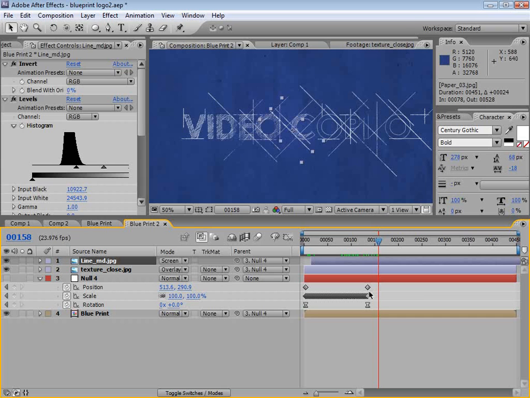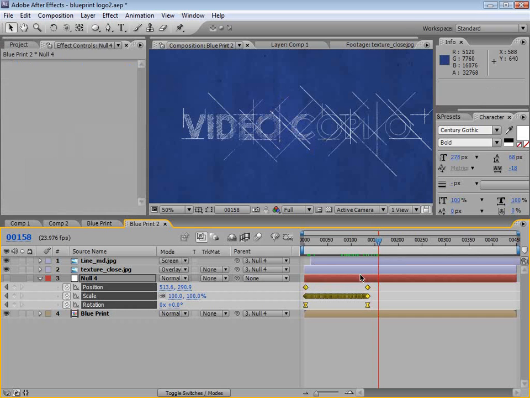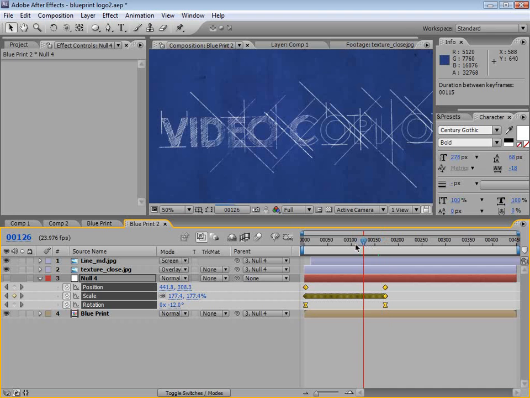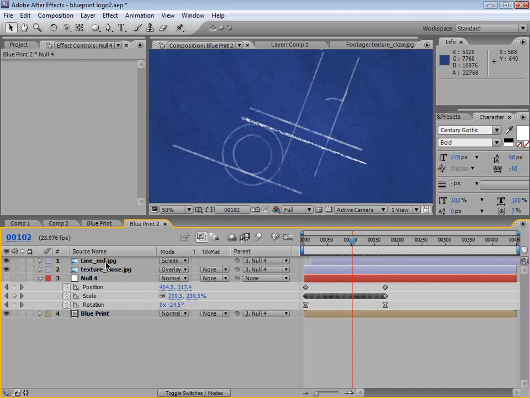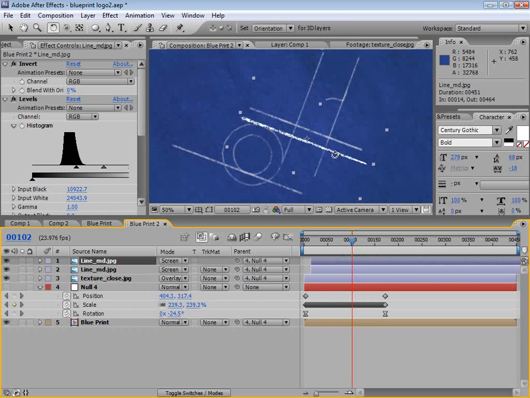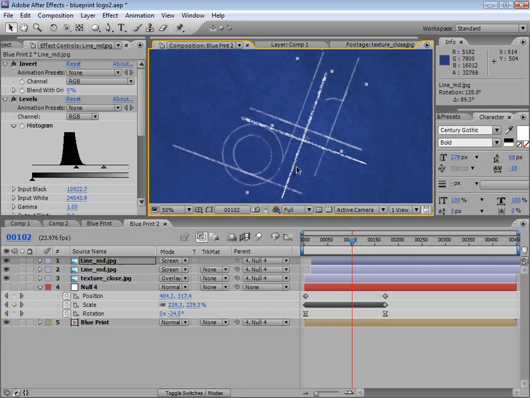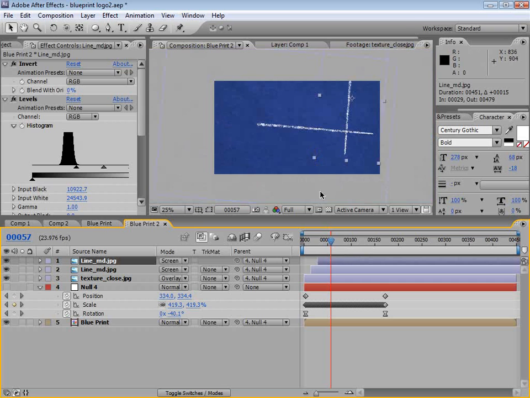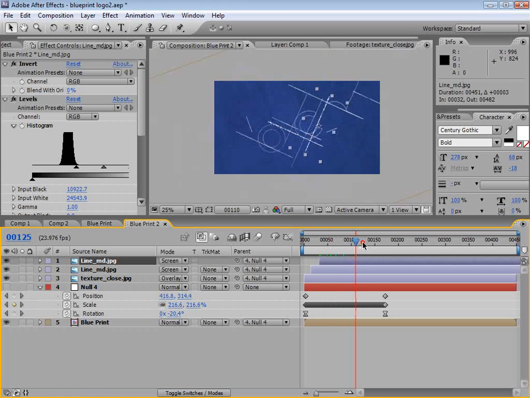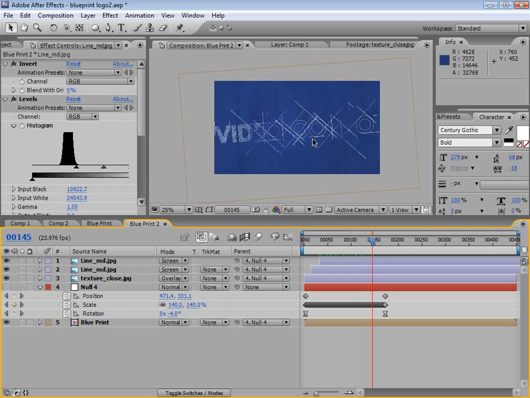And then since we move that, we probably need to adjust our animation. So I'll select all the keyframes, hold down Alt, and just move that over. The other thing we can do here is duplicate the line and maybe rotate it and stick it somewhere else. What that's going to do is give us another thing to focus on that's in high detail. So here's that line, and you could add some more as the animation goes on. But the point is, have some detail that's really sharp in the beginning, and then everything else will kind of